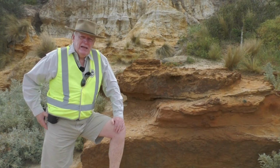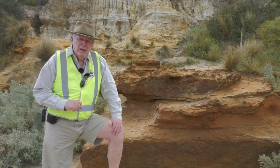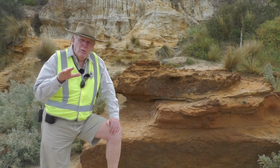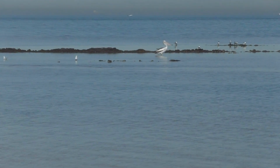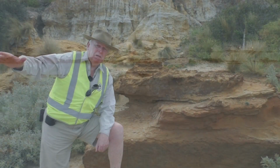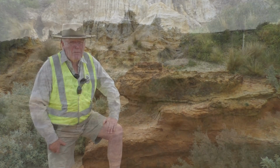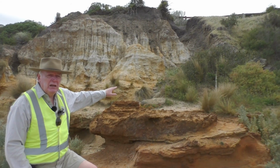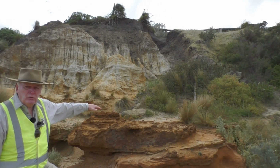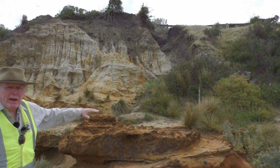The rocks I'm standing on here are around 5 to 6 million years old, and they were deposited in shallow water, probably not unlike what we can see just out here at the moment, at perhaps 10 to 20 meters depth. Above them, the whiter rocks were deposited much later, but probably not in a marine situation. They were almost certainly deposited in coastal dunes and coastal shallow waters that may or may not have been